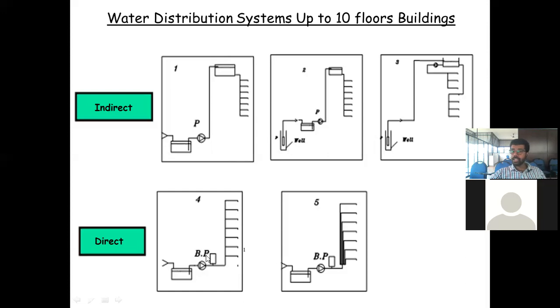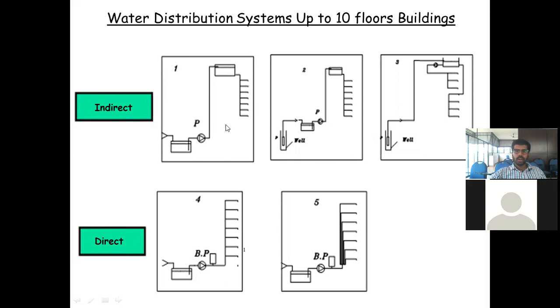You will have a pressure tank. The pressure inside will be constant, and there will be a cut off in this pressure tank. So this is the direct pumping system. In another system, the setup is the same, but while giving the pipe connections, instead of a common connection, it is given individually to each floor. Those are the different water distribution systems for up to 10 floors.